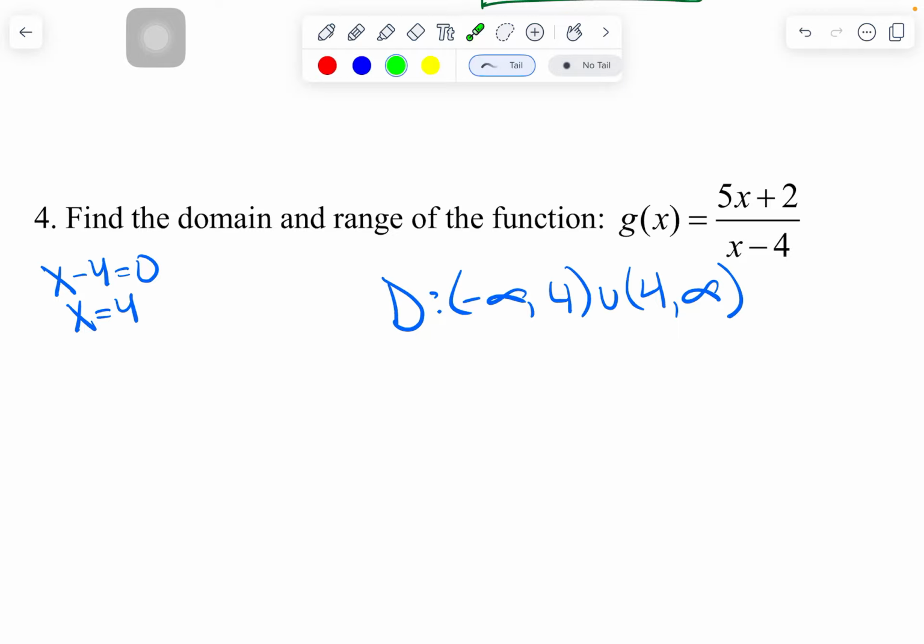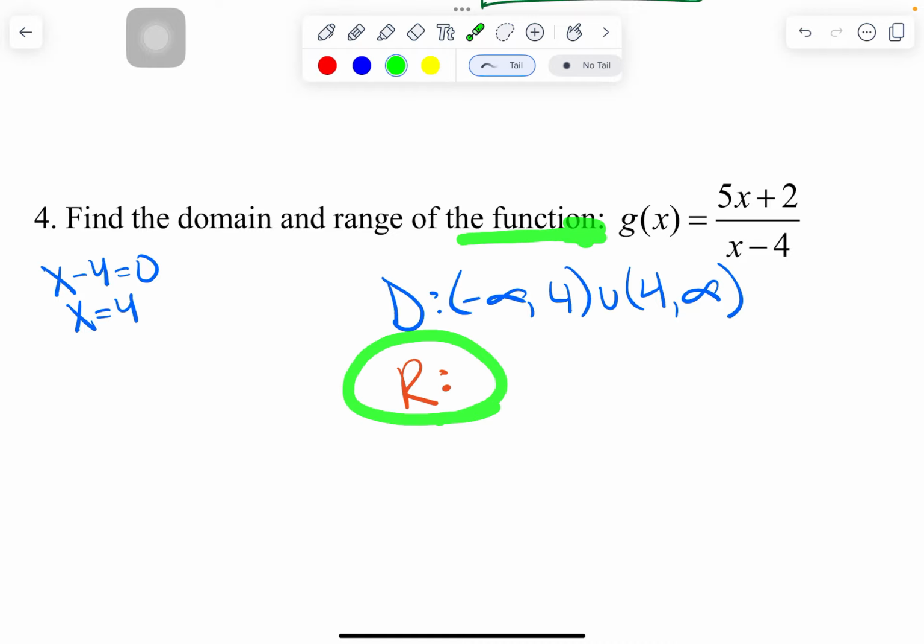And the way I show the exclusion for 4 is parentheses on both sides. And that basically means that every value up to 4 and every value right after 4 is totally fine, but 4 itself is excluded. I also want to know the range of this, but remember the range of the function